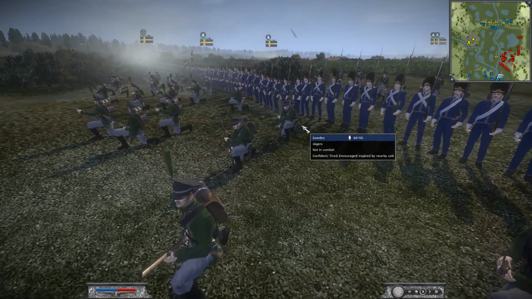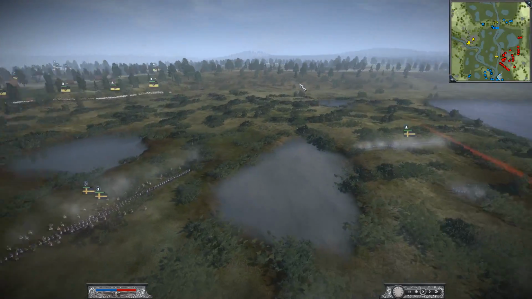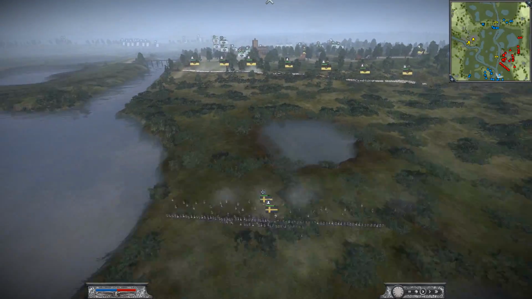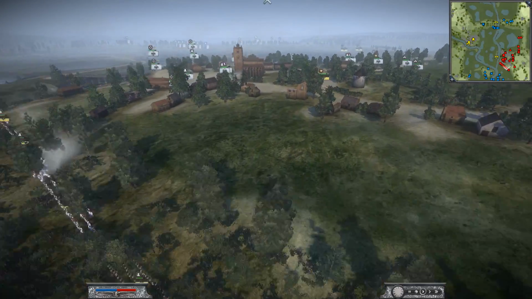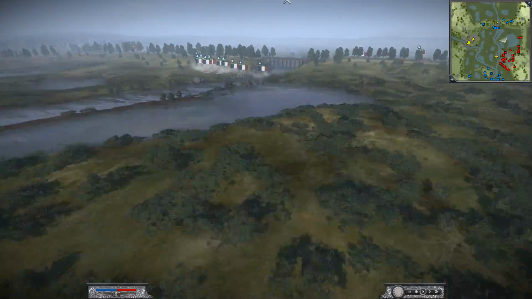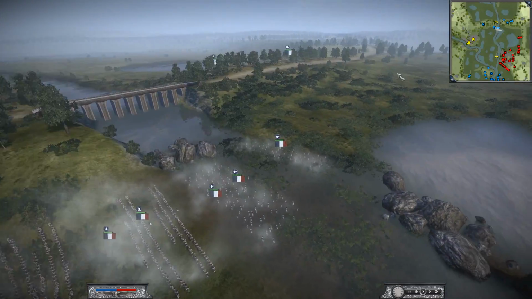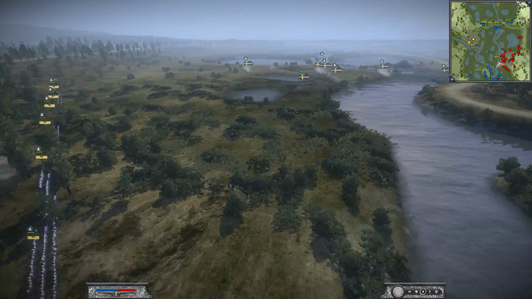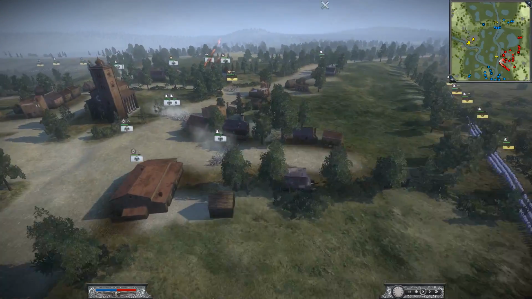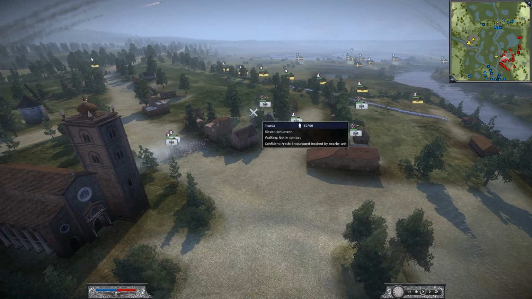Okay, welcome back, guys. So Sweden has pushed forward his troops way on this flank. We can see that Austria is getting ready his line infantry, his good mix of line infantry, and France is still very far away. So this is a little troubling for Sweden because he can easily get double teamed here,